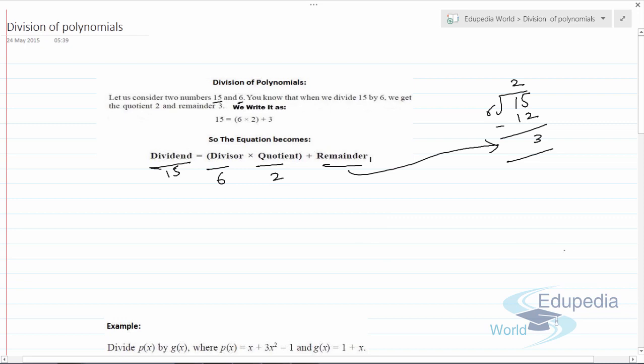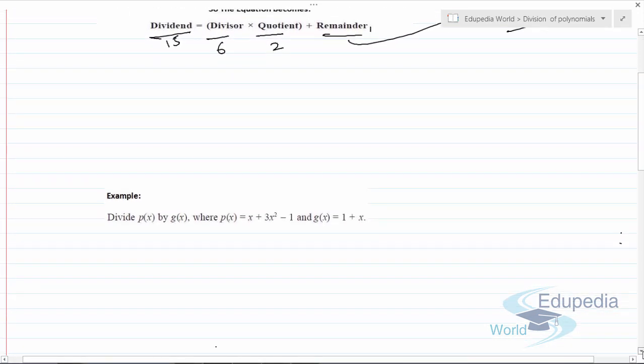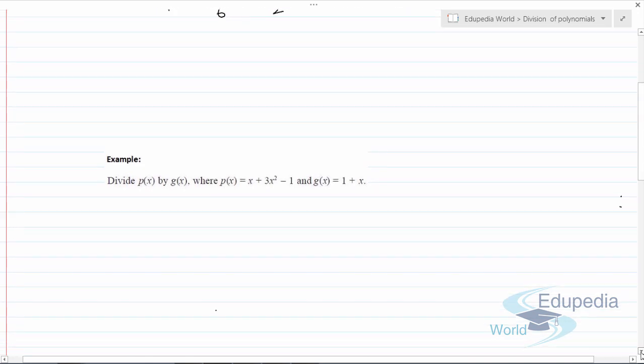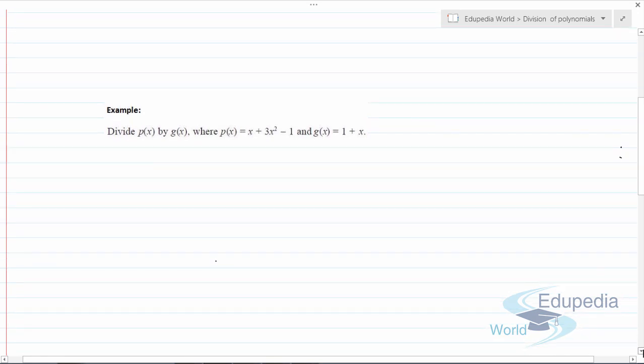We'll discuss the questions through examples. We'll first discuss a very basic example for the division of polynomials so that you can understand better, and then we'll discuss each and every step of the solution. So let's get started. The first step is we have to arrange the polynomials in standard form.